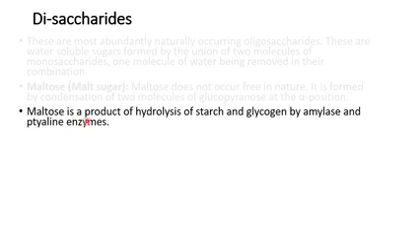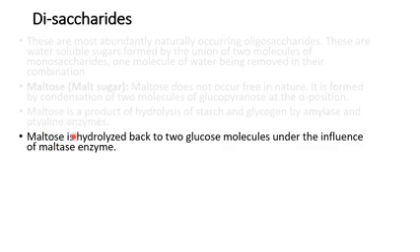Okay, so maltose is a product of hydrolysis of starch and glycogen by amylase and ptyalin enzymes. These are the enzymes which can hydrolyze starch and glycogen. Enzymes are biocatalysts which have a variety of applications in the human body, and when they react with starch in the presence of water, they will give maltose. Maltose contains two glucose units, so it will be hydrolyzed to form two glucose molecules under the influence of the maltase enzyme. So the maltase enzyme hydrolyzes